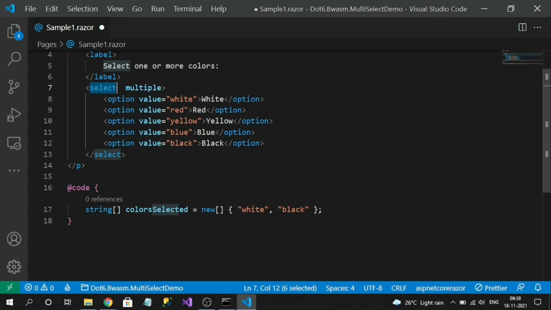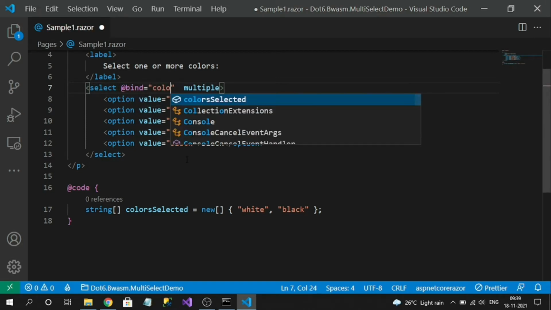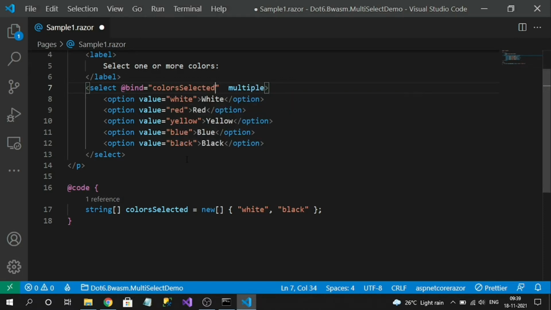So what I am going to do is bind this property. To bind that, I add @bind and assign that property, the selected colors. Our key features are mainly that an array type should be bound as the property and the select should be decorated with multiple. Then I am going to render the selected elements below.